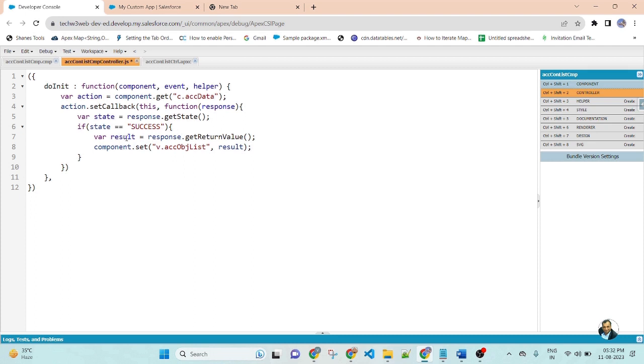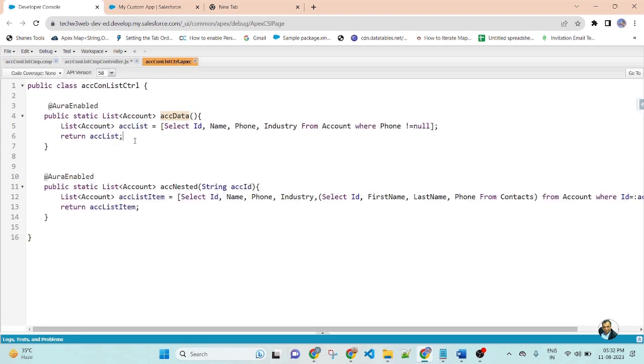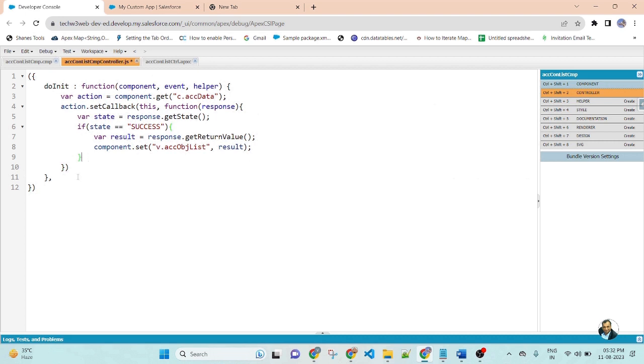So this result variable holds the whole list of accounts. Now here is the close of the set callback function. After the set callback function, use enqueue action, $A dot enqueue action, and inside the enqueue action pass this action variable.